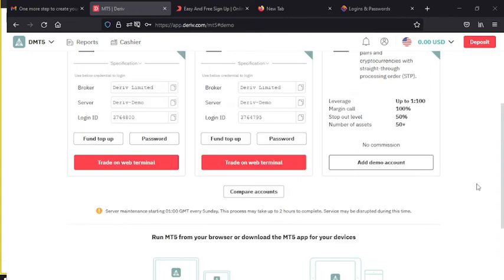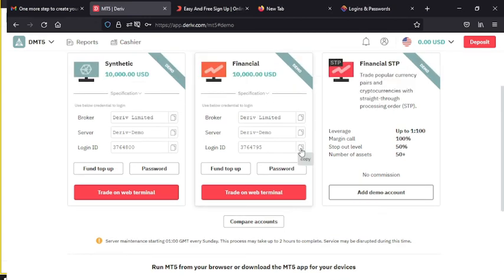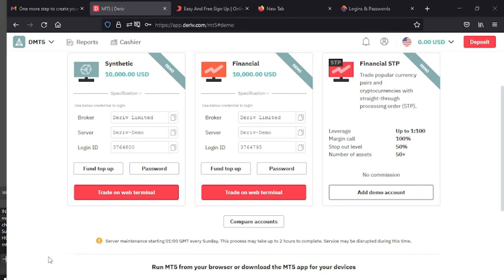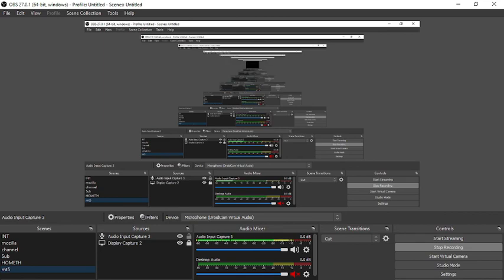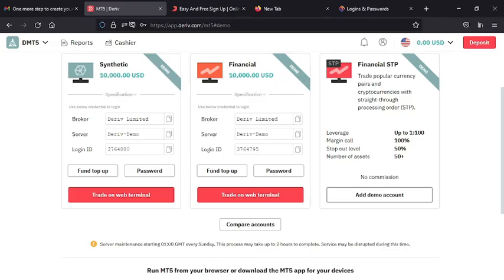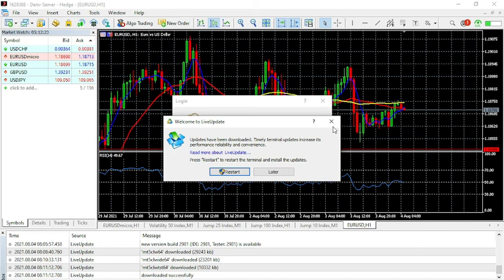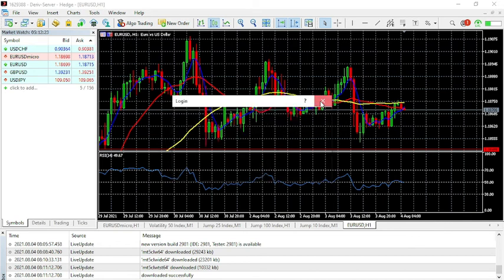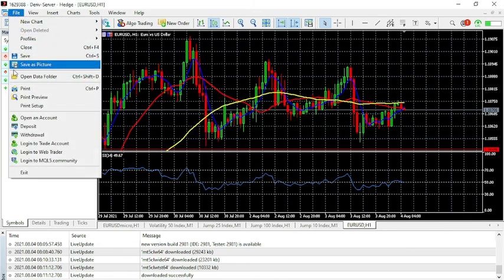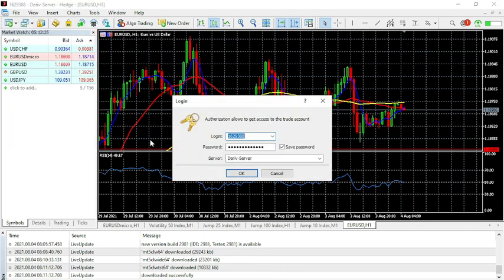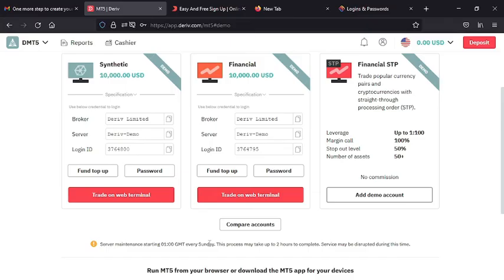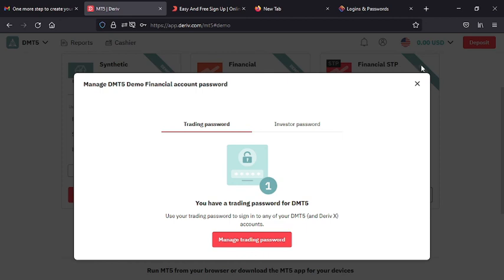Then come back here and copy these login IDs. Copy the login ID. On your MT5, just click on File, then log into Trade Account, then paste your login ID, then copy the password, just key in the password,